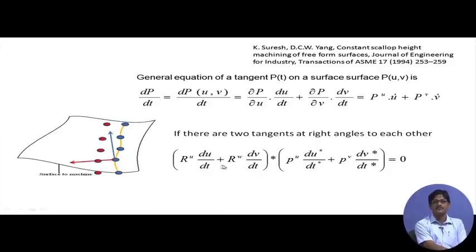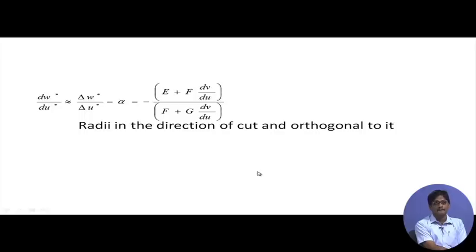Here it is interesting to note that this expression represents the tangent along the cutter path, and R u and R w are figuring here. And in this one also, R u and R w are figuring here. Why? Because R u and R w are invariant, they do not depend upon the direction. du/dt, dw/dt etc. will be